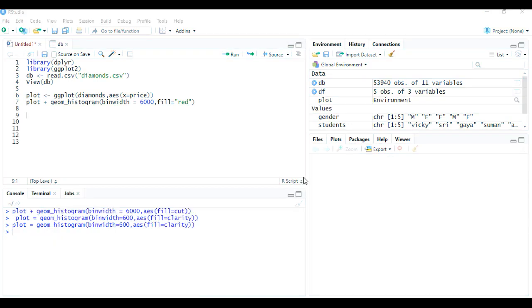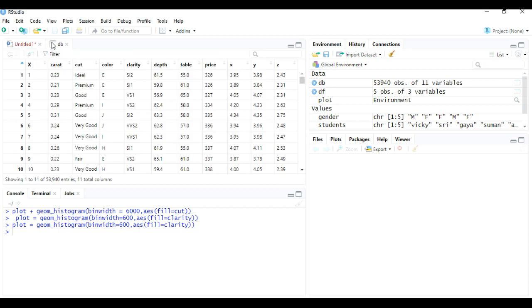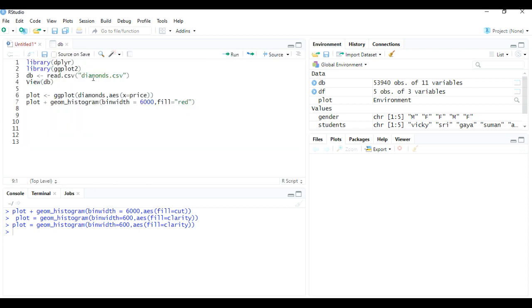Now we are going to plot our graph by classifying the cut variable. Here you can see that we have a cut variable. By using that, I'm going to plot a graph. So for that I need this line. Copy this line and paste it over here.